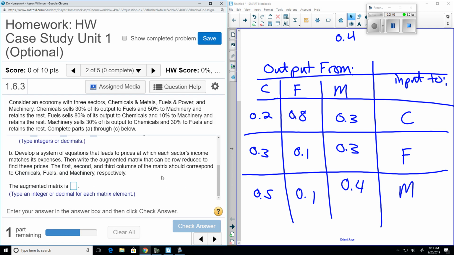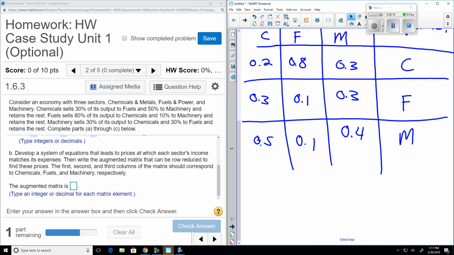So it says develop a system of equations that leads to prices at which each sector's income matches its expenses. Then write the augmented matrix that can be row reduced to find these prices. So the price for each output, we're going to multiply by each percentage, and it's going to equal the total price input for that sector. So the equations would be